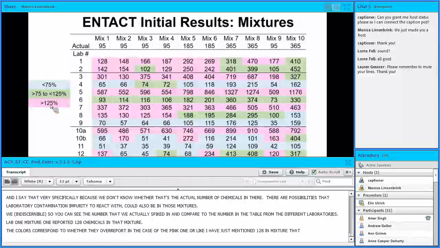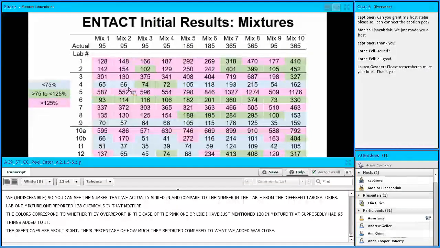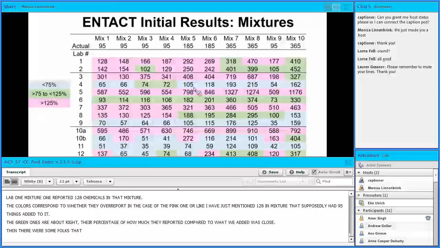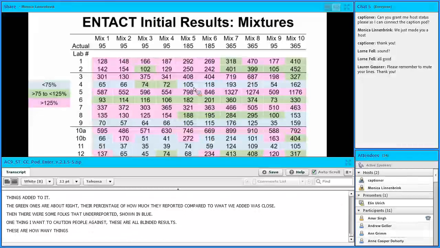The green ones are about right, so their percentage of how much they reported compared to what we actually added was close. And then there were some folks that underreported, and those are shown in blue. One thing I want to caution people against is that these are all blinded results. These are how many things people told us were in the samples when they didn't know what was in the